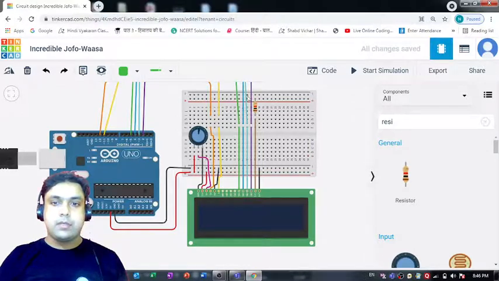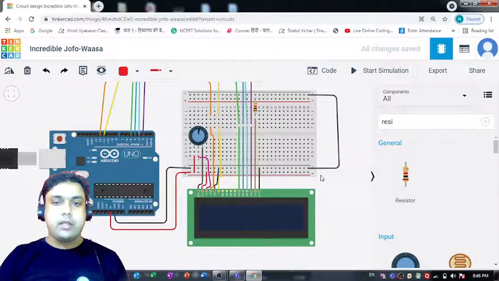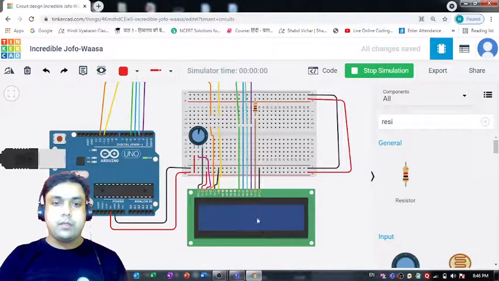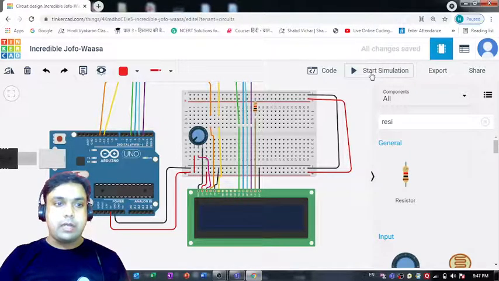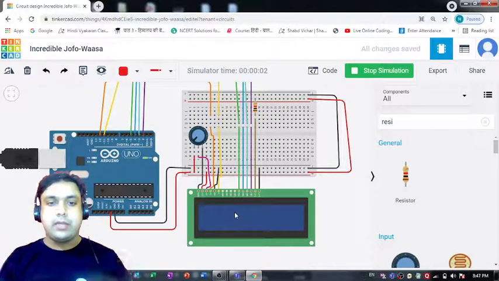Anything I am missing? Let me do one thing, let me use this black wire and connect this negative terminal with this negative terminal, and let's use the red color wire for connecting this positive terminal to this positive terminal. Now if I run this circuit, I'm able to see it glowing. Earlier it was not glowing, right? Now it is glowing. Okay, we are able to see it glowing, but we are not able to see anything getting reflected over here.